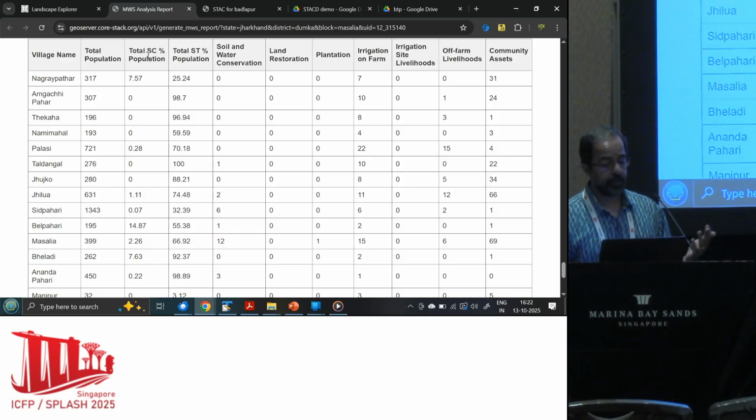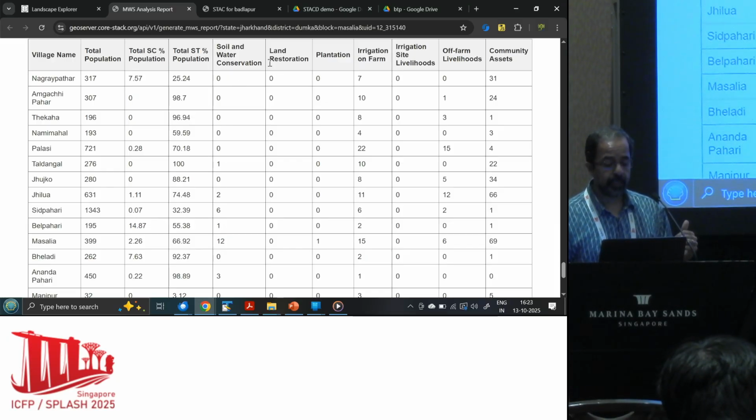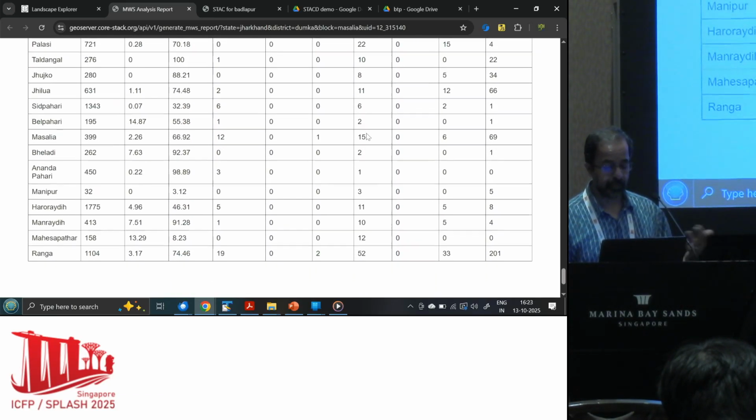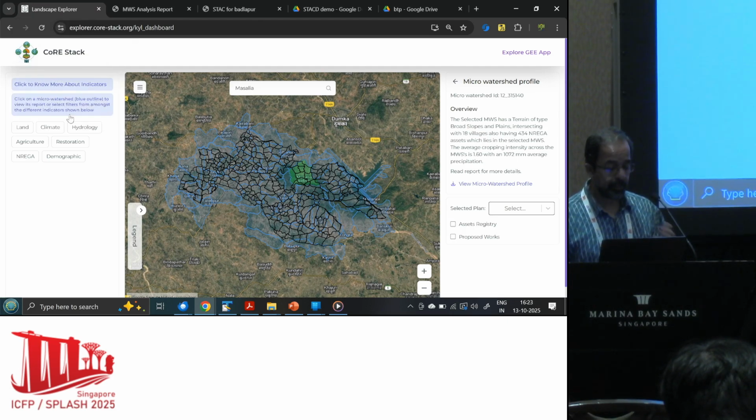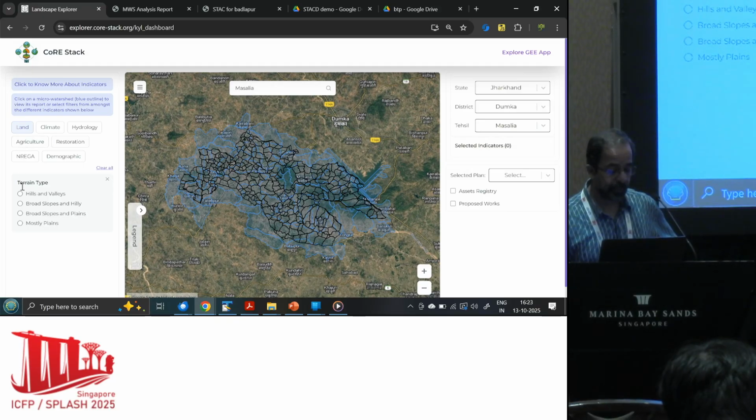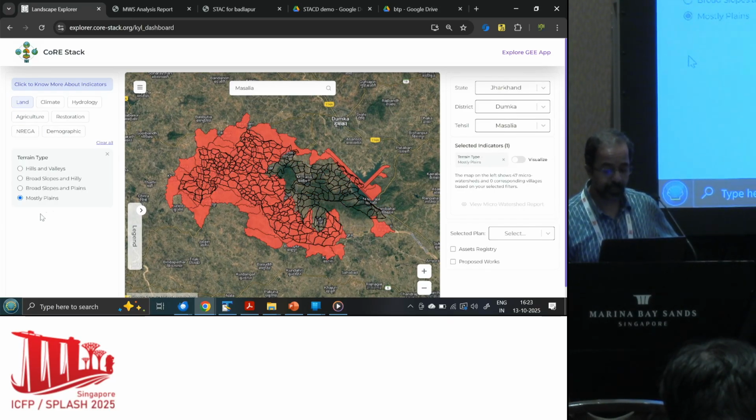So there's also, India has a policy in place for affirmative action for lower caste communities. So some of those stats we're able to see. And then there's a lot of government schemes that fund many of these activities. So which villages have had what kind of works is also here, right? So at this unit level, we also allow people to play around, so that they can start defining